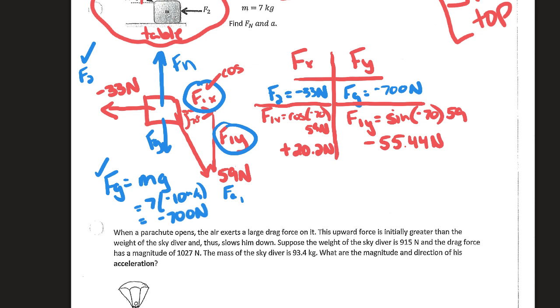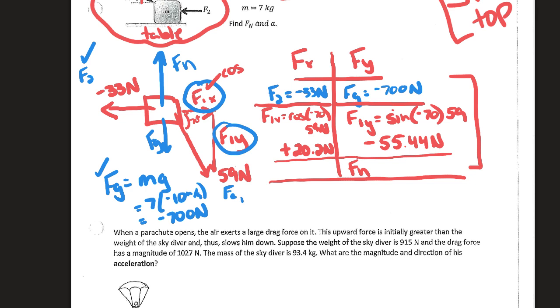Okay? And then there's one last force. That force that we haven't dealt with yet is the normal force. And you may remember about a few days ago, I talked about how the normal force should be addressed last. Because what the normal force does is it balances out the other forces, because in a sideways view problem,